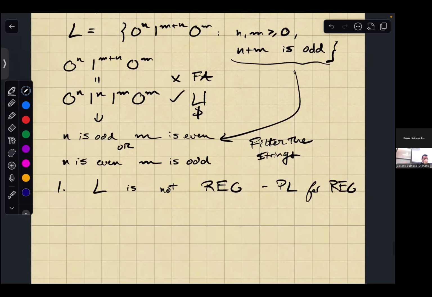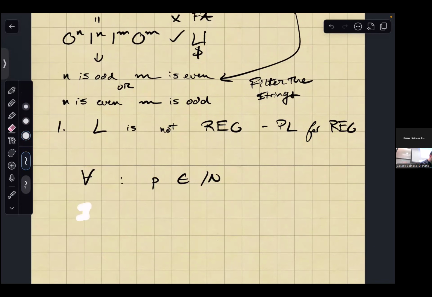And to do this, remember how I like to present the pumping lemma. I do this as a game between the for all and the existential. The for all is my opponent, and I play the existential. My goal is to defeat the for all player, right? So we always start the game with the for all player. The for all player picks a p in the set of natural numbers, right? That's their move. I have no idea what p is, right? My move is now to pick